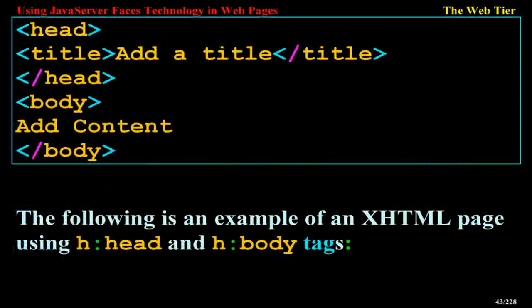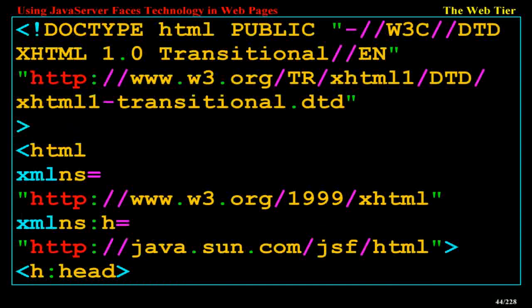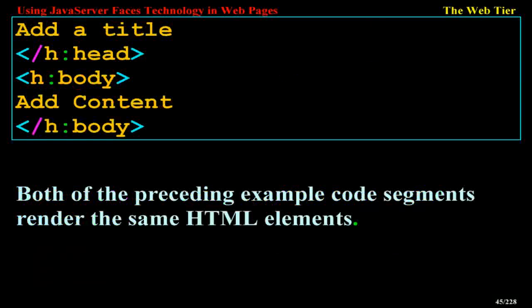The following is an example of an XHTML page using h:head and h:body tags. <!DOCTYPE html PUBLIC "-//W3C//DTD XHTML 1.0 Transitional//EN" "http://www.w3.org/TR/xhtml1/DTD/xhtml1-transitional.dtd"> <html xmlns="http://www.w3.org/1999/xhtml" xmlns:h="http://java.sun.com/jsf/html"> <h:head> Add a title </h:head> <h:body> Add content </h:body>